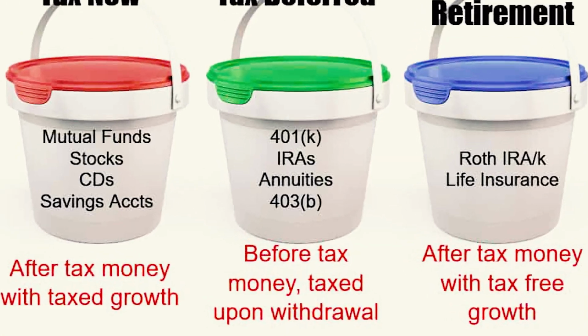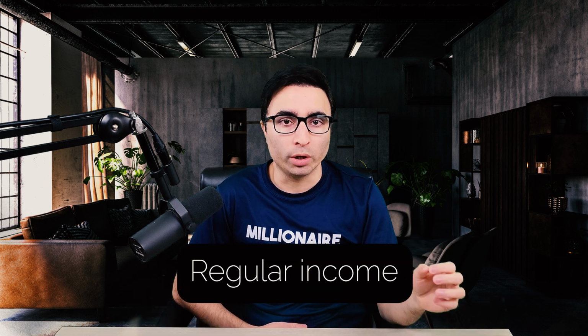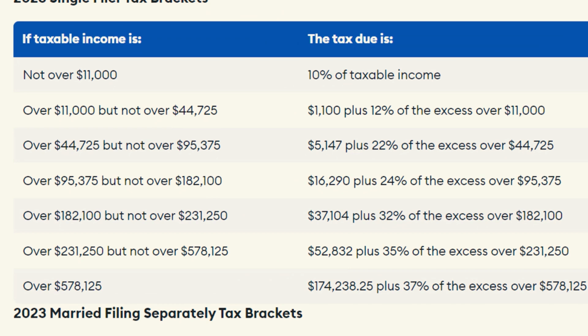And lastly, 401k plans are tax deferred, meaning you don't have to pay income taxes on your contributions. You won't pay income tax on your 401k money until you withdraw it. When you reach retirement age, all withdrawals you make are treated as regular income, and you will pay income tax according to your income tax bracket for that year. Since taxes are currently at historic lows, there's a good chance that you'll pay more on this money in the future, so this may not be the best option for you. It's important that you consider these three very important factors when deciding how much to invest in your 401k. For most people, it makes sense to just take the employer match and then move on to other investment vehicles